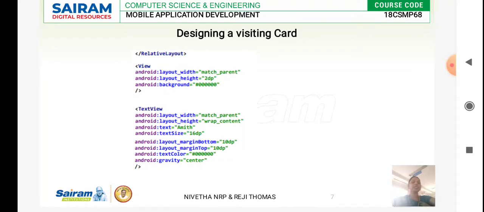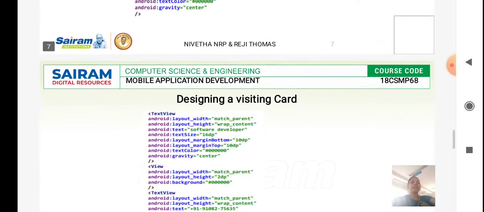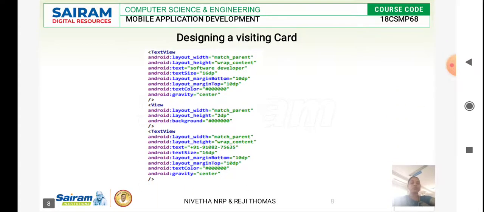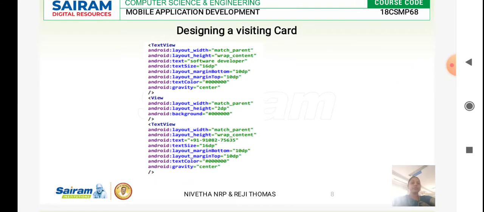In the text view we are going to give the second line, the second data of the company name, followed by the phone number, right? So next we are going to give the phone number. Again the text, what is the view of the text, what is the size of your text, everything you are going to the text tab, and you are going to give the margin specification, all the specifications, and the view we will be altering as per your requirement in the